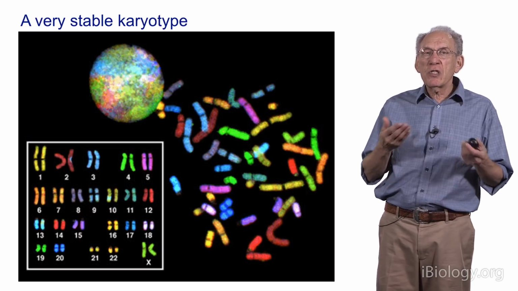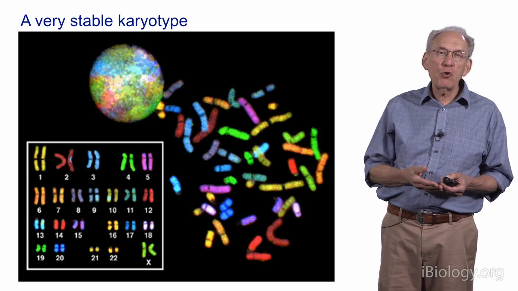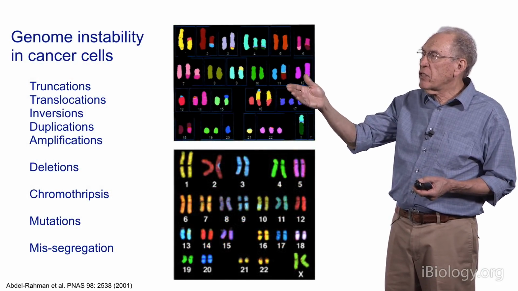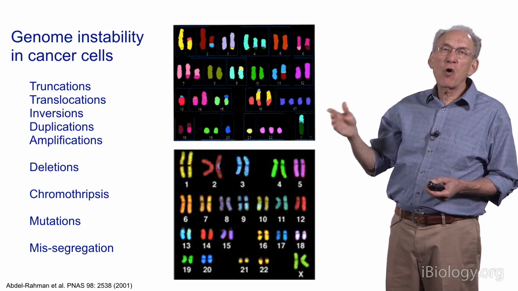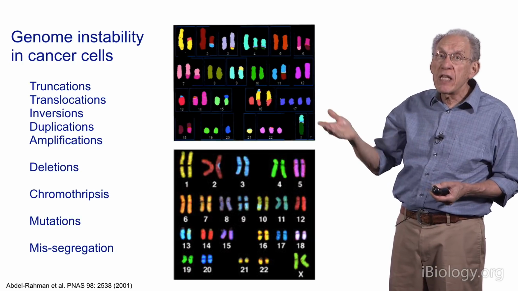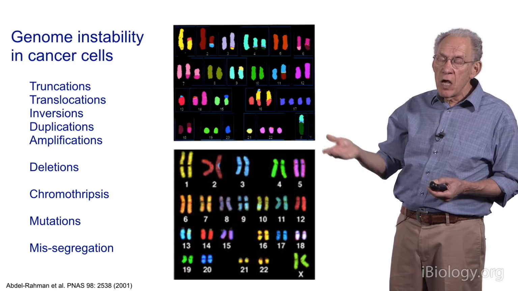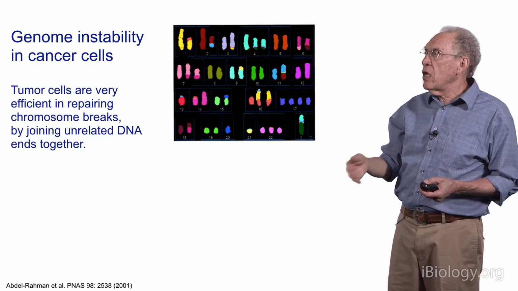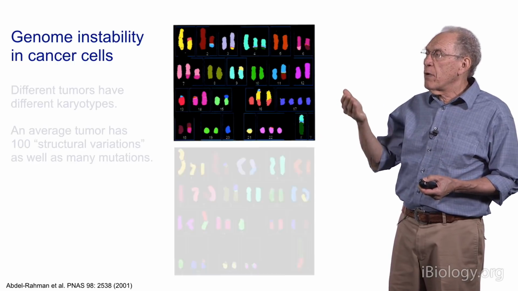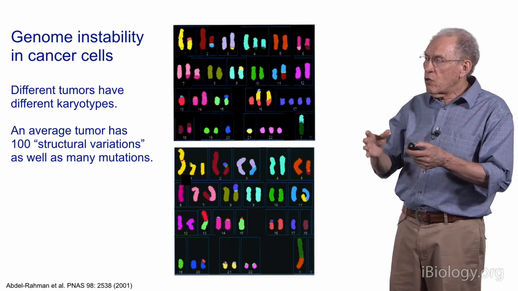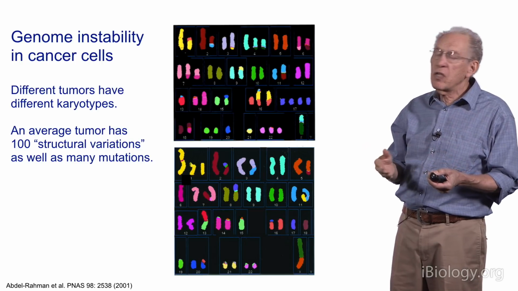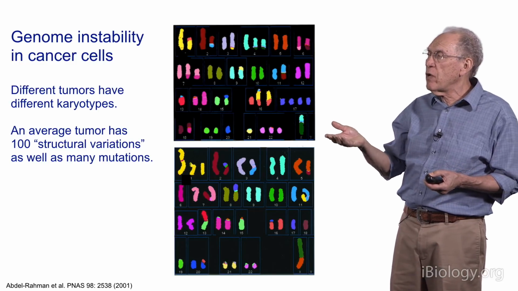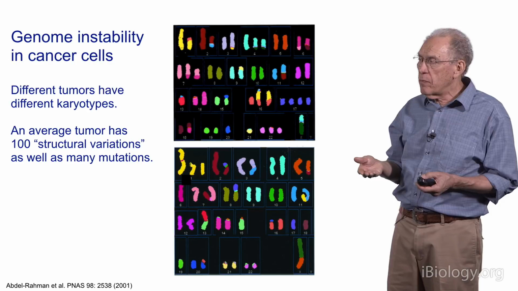The exception to this genome stability is what happens in tumor cells. And here you can see at this microscopic level truncations, translocations, inversions, all sorts of chromosome rearrangements, and of course many other alterations that you can't see without going down to the level of DNA sequencing. Different tumors have different rearrangements, but all of them are somehow creating these kinds of chromosome alterations, many of which are not important in the development of the tumor, but sometimes these rearrangements turn out to drive the cancerous nature